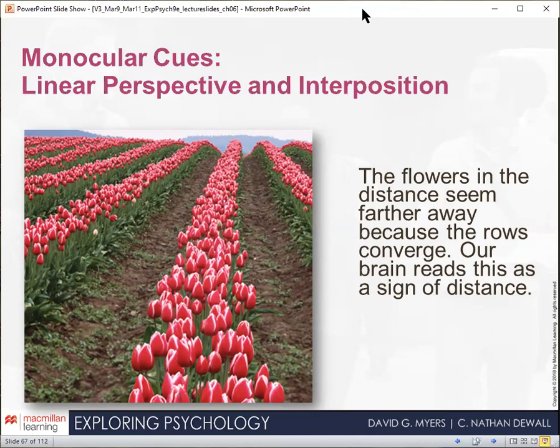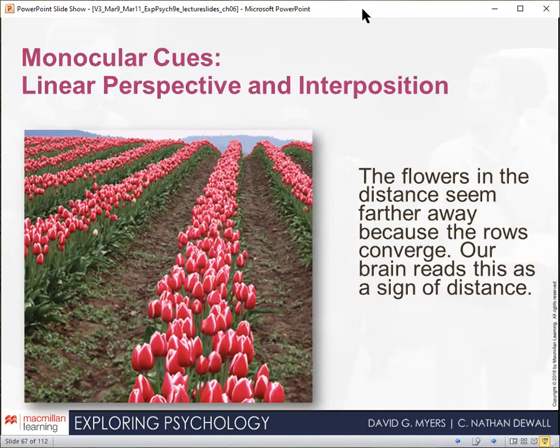That is linear perspective. We always will assume that as they get closer and closer, they're getting further and further away. That's how we drew rows and paths, by having the lines get closer and closer to one another. So that's what we see here, the simple idea of linear perspective giving us the sense of distance. We also see here interposition. If we look down at the flowers at the bottom here, some of those flowers are blocking some of the flowers behind them. Again, that gives us the sense of distance as well,